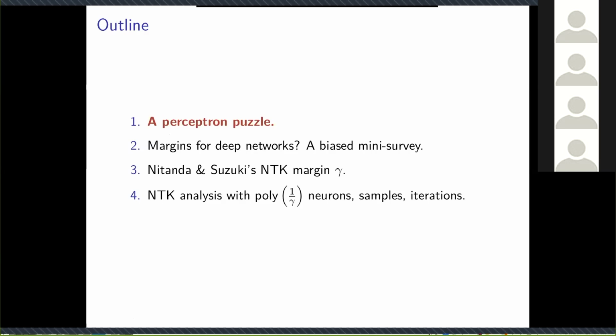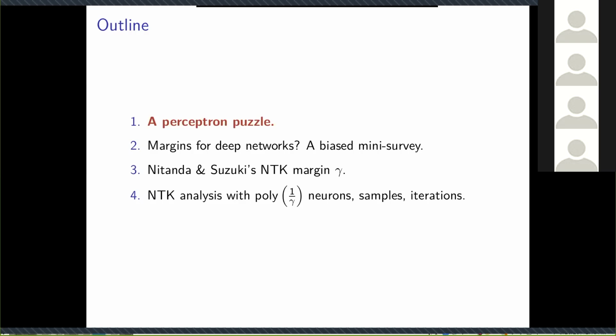Then I want to tell you about a survey of many places in the analysis of deep networks where margins appear. And I call it a biased mini survey because, of course, I'll highlight things that I've been involved in. That's not to say that there isn't an infinite amount of beautiful work that I did not do, but things I talk about, you can ask me about. Then